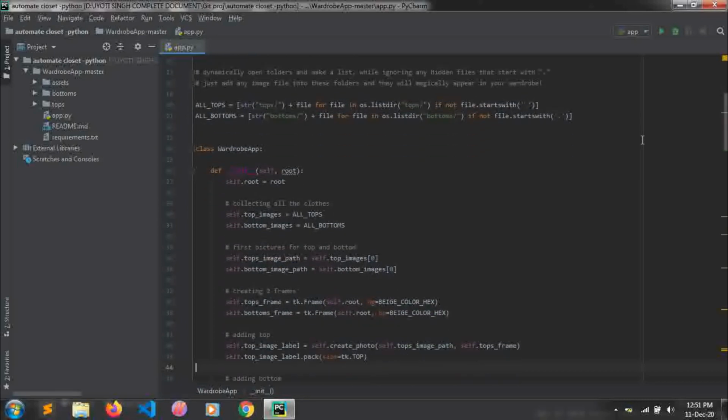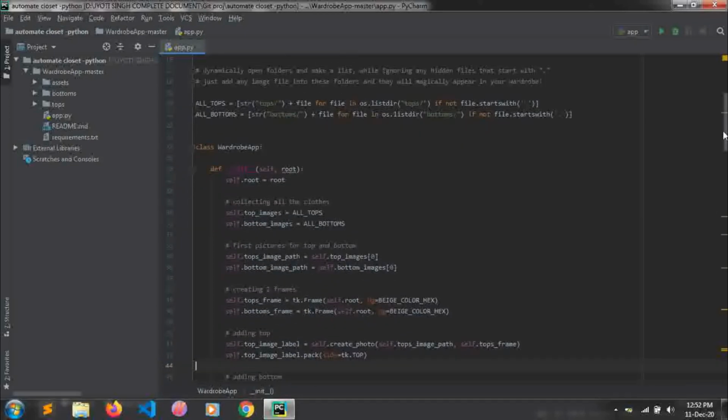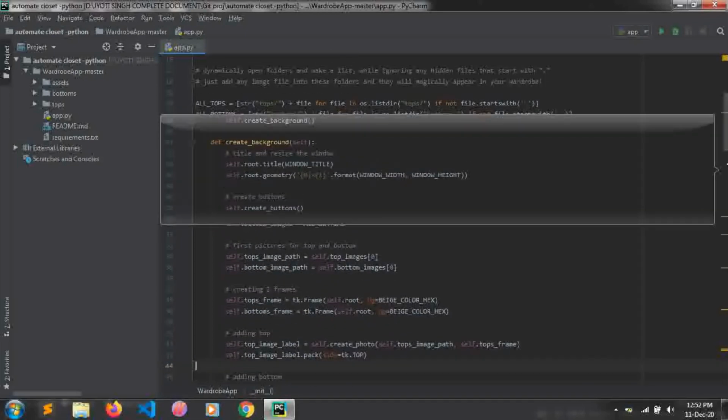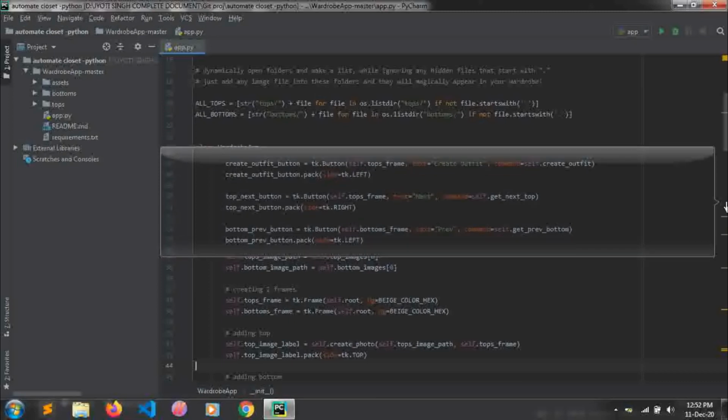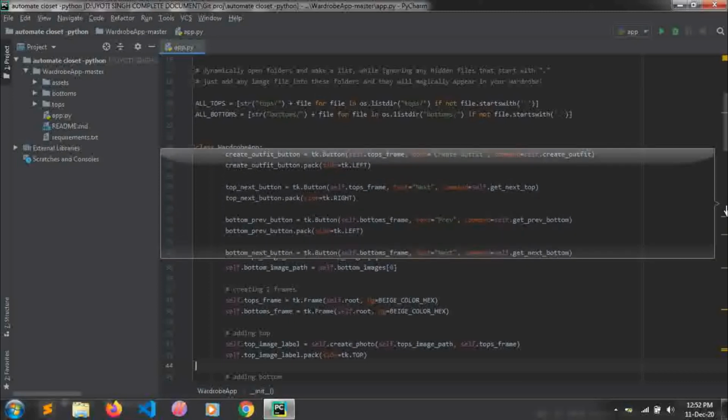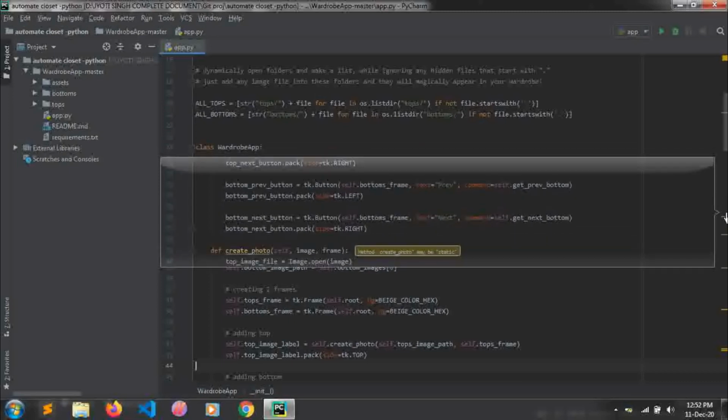So here we are adding the title and size of the window. Before we proceed, I want you to know something about Tkinter. We will be using pack, which is the Tkinter Geometry Manager. Why? Because it's the easiest one to use. In this project, you can see images and those three buttons at the bottom are widgets. The Geometry Manager will pack those widgets into the frame and then finally pack that frame to the root. Got it?